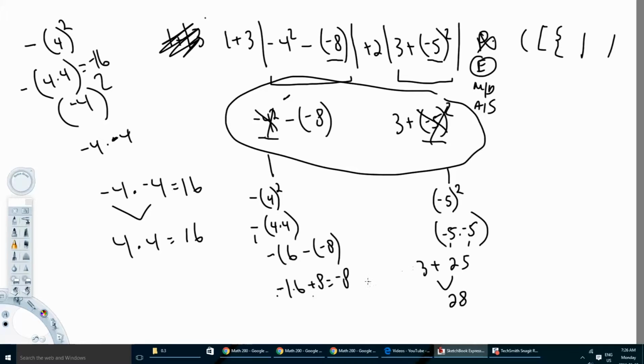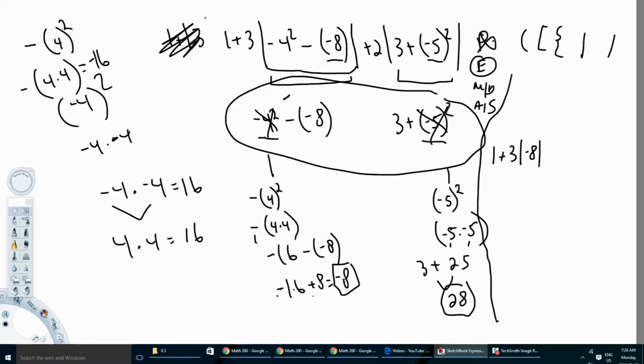All right, so we have this bugger here, and we have this bugger here. Let's rewrite this equation. I'm running out of space. So we have 1 plus 3 absolute power of minus 8. Remember, this is an absolute, and the solution is minus 8, plus 2 absolute